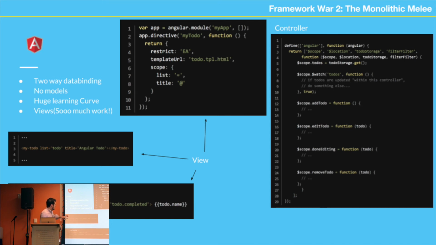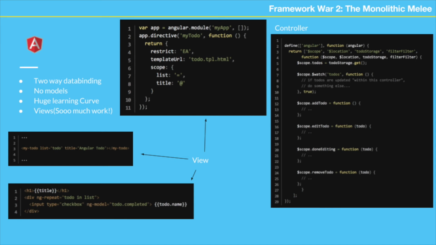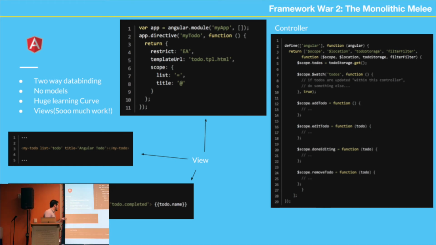So the thing about Angular, I don't know if anyone here has experience with it, or for those who don't. This was another thing that I didn't know. A lot of developers didn't know the problem at the time. So this is my to-do, right? It's open bracket, my dash to-do, snake case. Well, that's how you use it. And this is the directive, this is the HTML, this is the component that you're used to seeing in React. So you just have a small bit of HTML, and whenever you use this HTML element, it's just going to replace this with that.